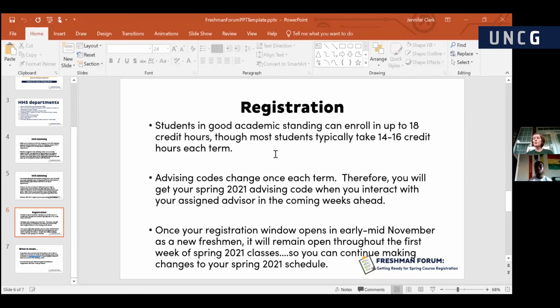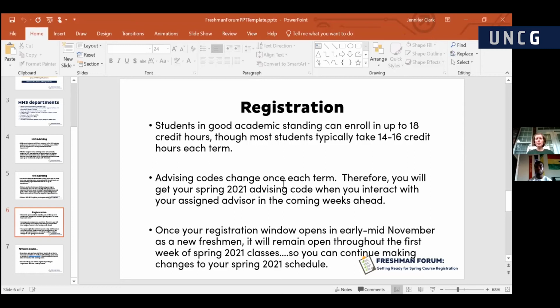Of course, if you want to be full-time, that's defined as having at least 12 credits, and anything less than 12 is considered part-time. So think about what works for you, how many credit hours you're taking right now, as you think about how many credit hours you want to enroll in going forward, looking ahead to registration for the spring.